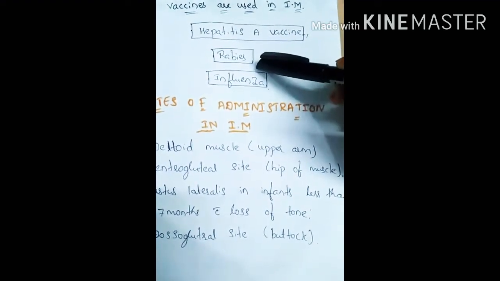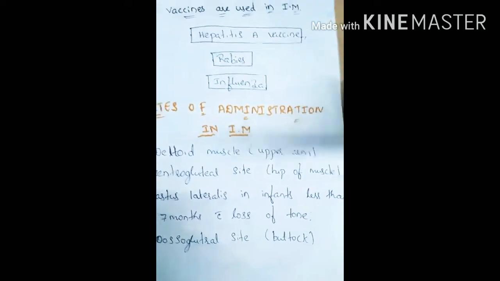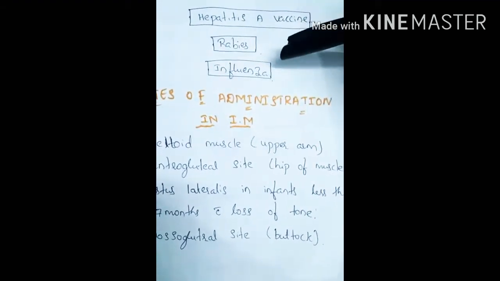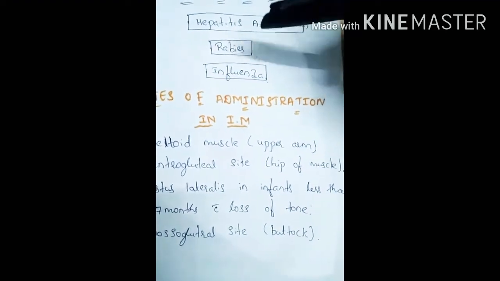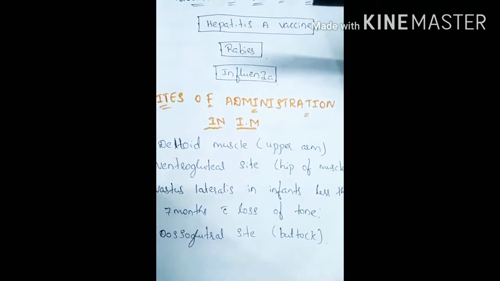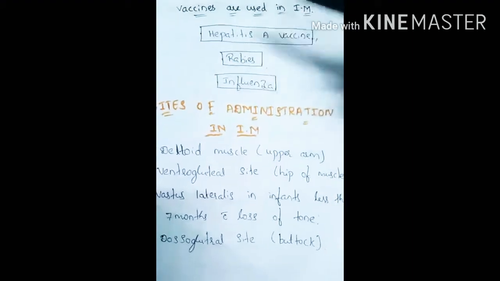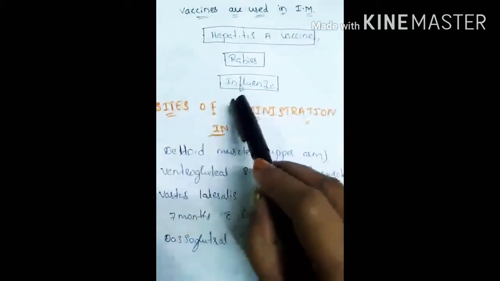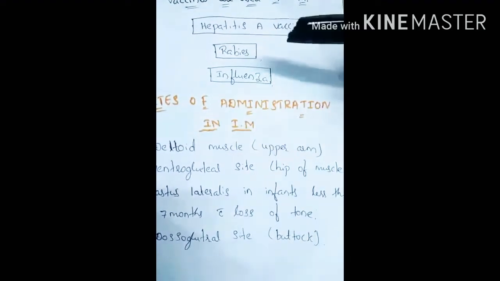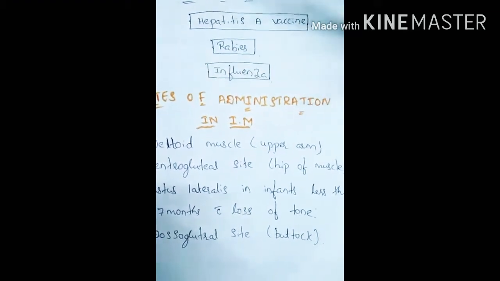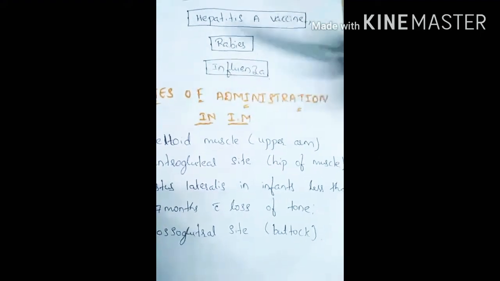And next, rabies virus. Rabies is a deadly virus that is spread to people from the saliva of infected animals, for example stray dogs. When a dog bites, the patient can get the rabies virus, so we give the person the rabies vaccine. Next, influenza. The influenza vaccine is for the influenza virus. Influenza is a viral infection, like a flu, that attacks the lungs, nose and throat.